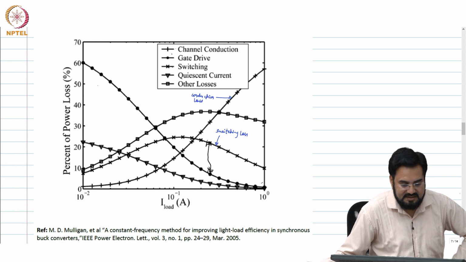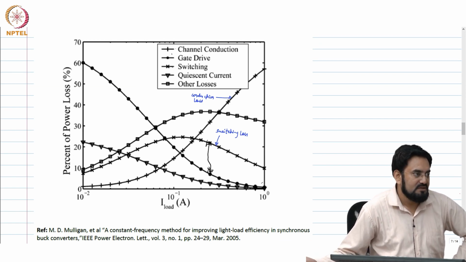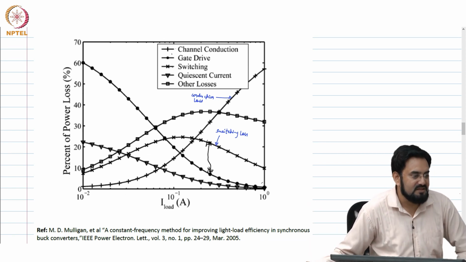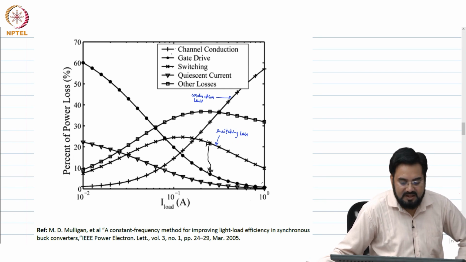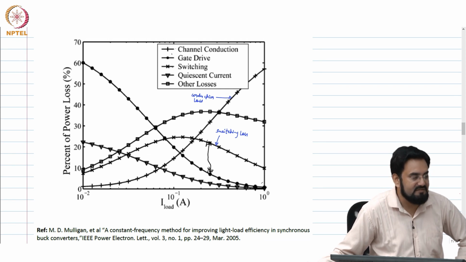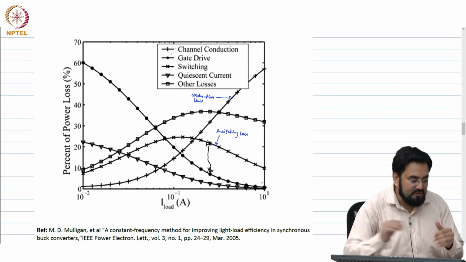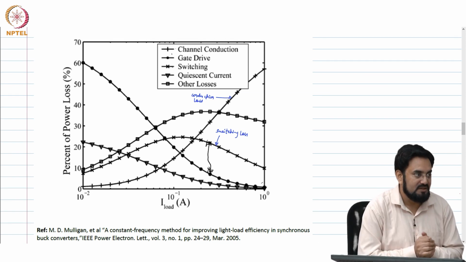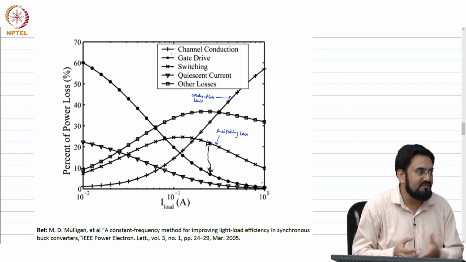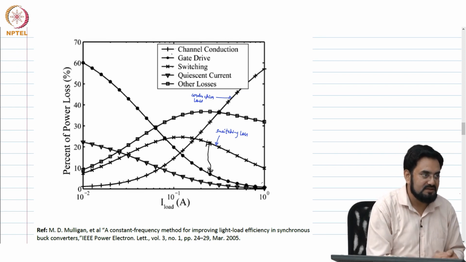Then if you look at this gate drive, what is a gate drive? It is a fixed loss. Okay. So, if your I square loss is very high, this will be a small fraction, but if your I square loss is very low, then this may be large. So, the total loss here may be very high, and the total loss here might be low, but what we are looking at here is the relative number, and efficiency is also a relative number, how much you are delivering compared to how much you are losing.